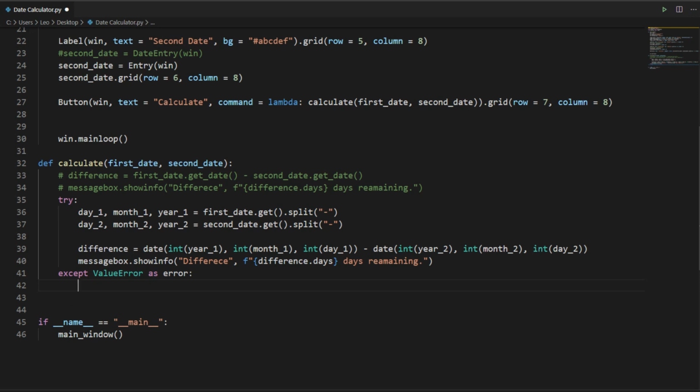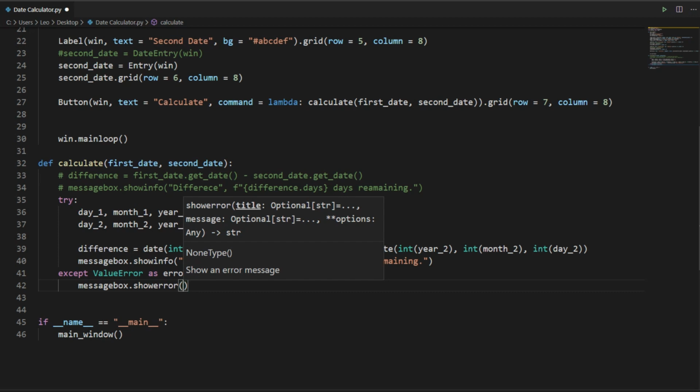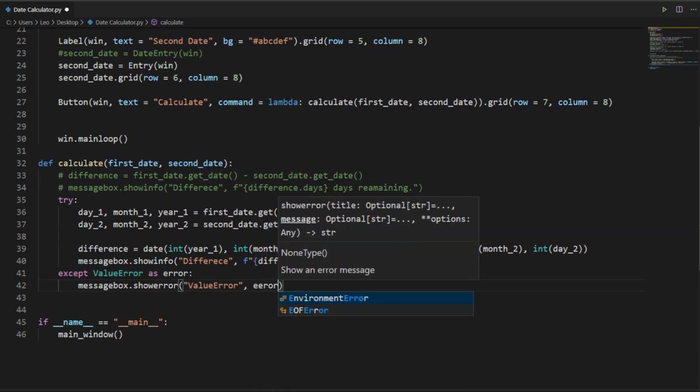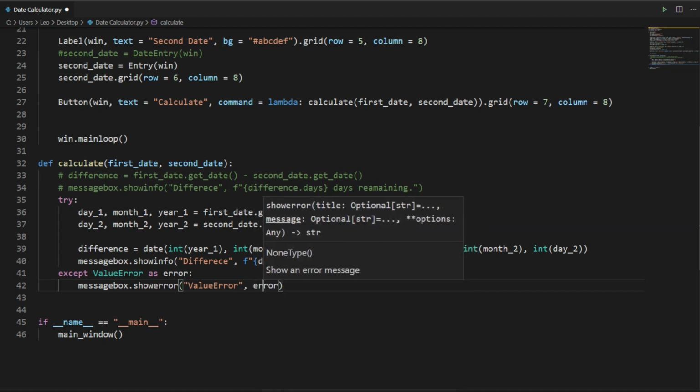Now this error variable contains the error value, whatever error we get, and now we need to show the error. So we'll use messagebox again, and since we are showing an error, we'll use show error, and we'll pass a title for the error, that is Value Error. Okay, and then we'll just type error over here, whatever error we get.